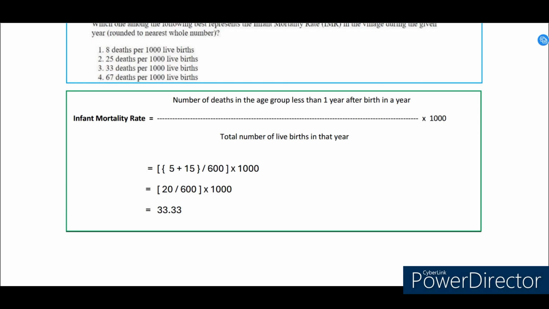So one tip I can suggest you to answer these questions is always go through the basics, okay? Always make sure what exactly is that rate or ratio and what is the formula for that. And also keep in mind the multiplier, okay? Whether it's 100, 1000 or 1 lakh. So when you're clear with your basics, when you know what exactly they're asking, what is CBR, what is IMR, you don't need to worry about the passage or the inputs, okay? You will know what exactly you need to extract from the passage.